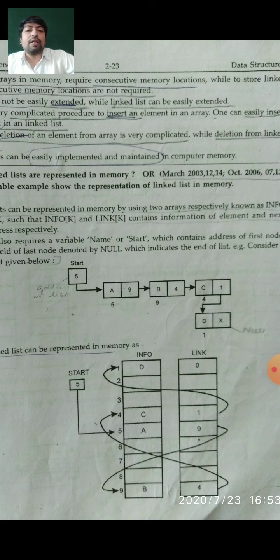B contains the information in the node having the address part 4, which is the actual address of node C. You can see node C with the address part 1 is the actual address of the next node D, and the total nodes are represented with the link representation with the arrow in one direction.